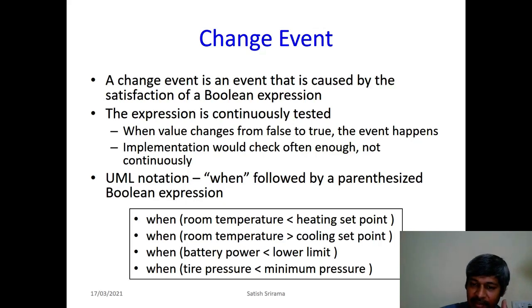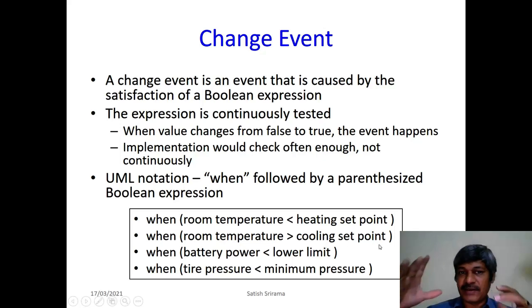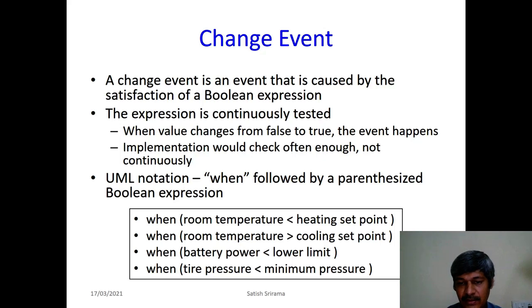Say for example, if you set a cooling set point, if the room temperature is greater than that point, okay, room temperature is greater than that cooling set point, so that's an event. That's a change event that has happened. Once such an event happens, based on that one, you may trigger something. Say for example, you will turn on the air conditioning system or whatever it is. So whenever we are thinking about events, we don't care about that sort of triggering thing, but the change event has happened when the temperature is greater than the cooling set point,